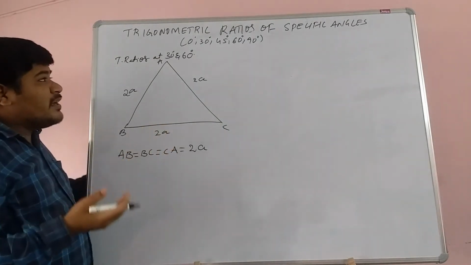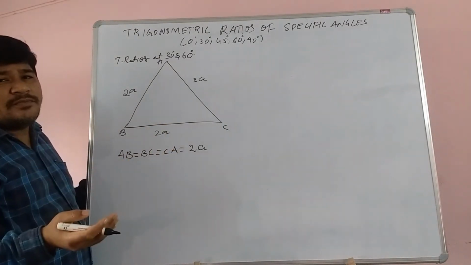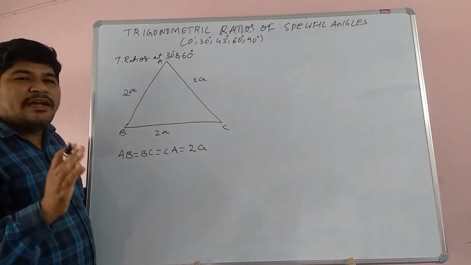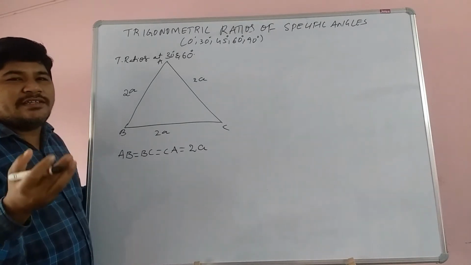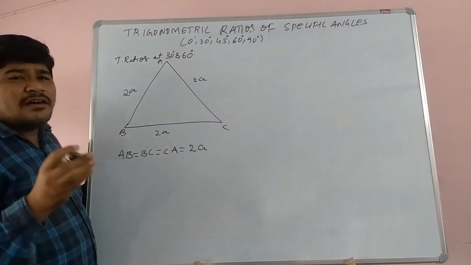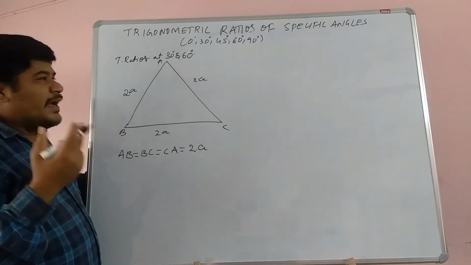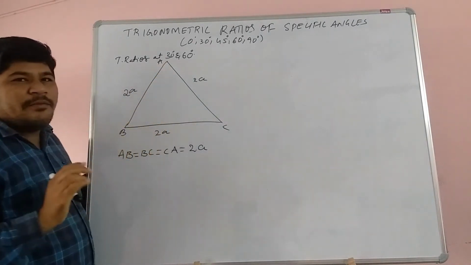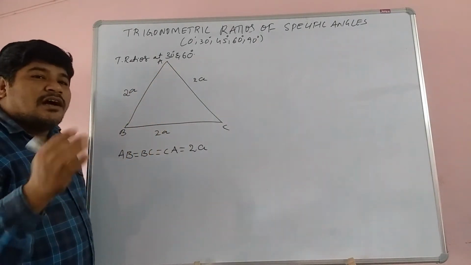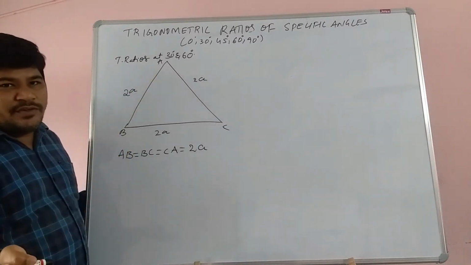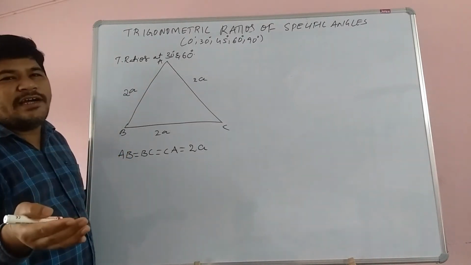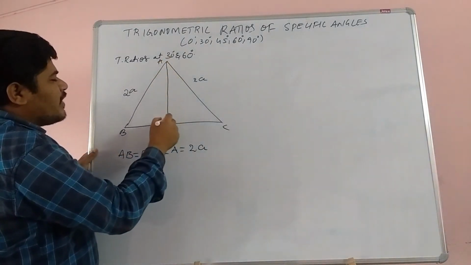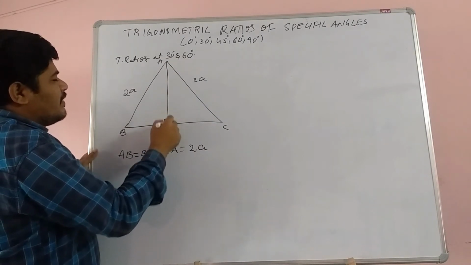Okay. So that perpendicular is called the altitude. And in an equilateral triangle, altitude and median both will coincide with each other. So what is the median? The line segment which is joining a vertex and the midpoint of the opposite side is called the median. So what is the altitude? That is the perpendicular drawn from a vertex to the opposite side. And students, altitude and height are both the same. Okay, so now here I am drawing one altitude. Let it be AD.